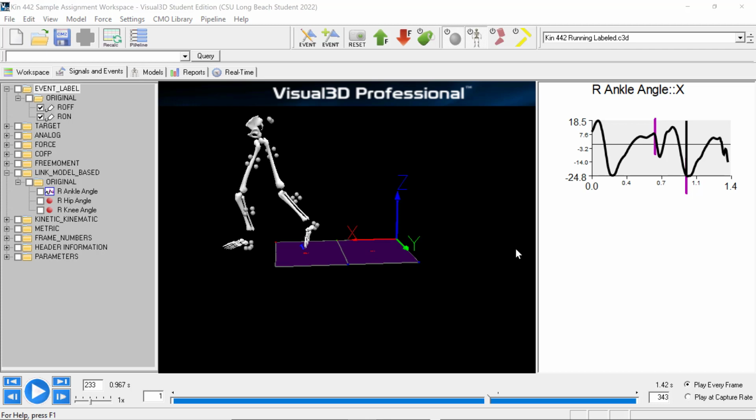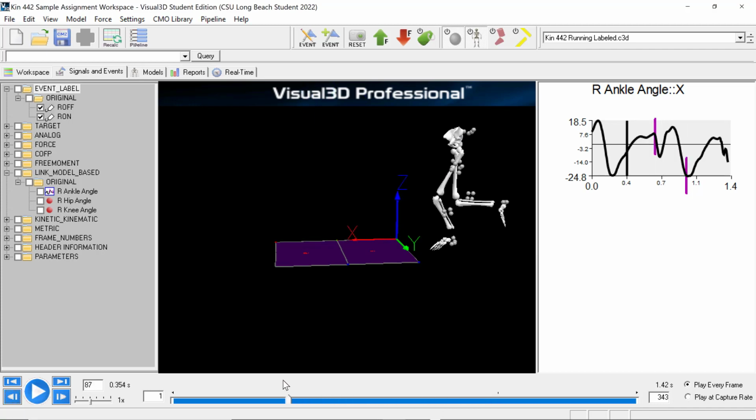So we've already gone over how to process some of the data, and we've talked about what you need in order to get to this point. So I'm just going to go straight into what you will be required to turn in for your assignment. Once you've created your model, you've applied that model to your motion clips, you're going to notice